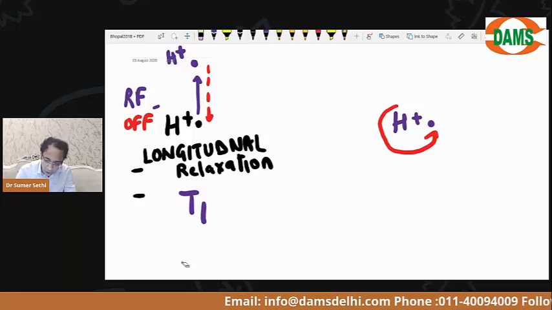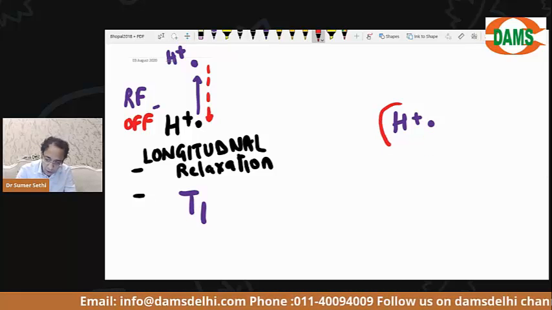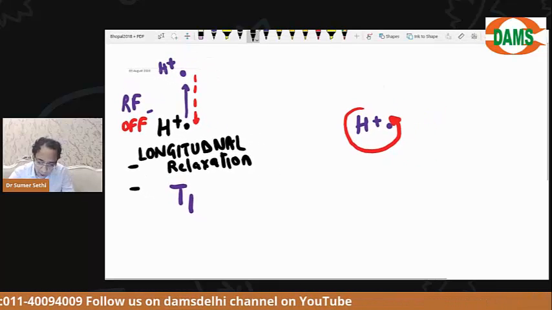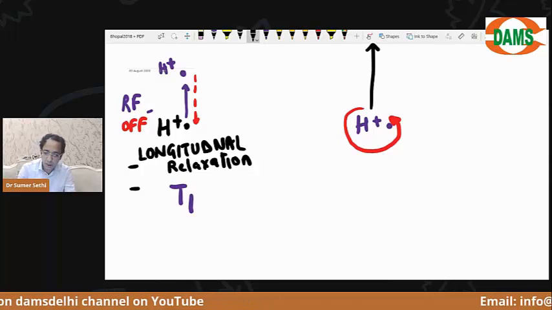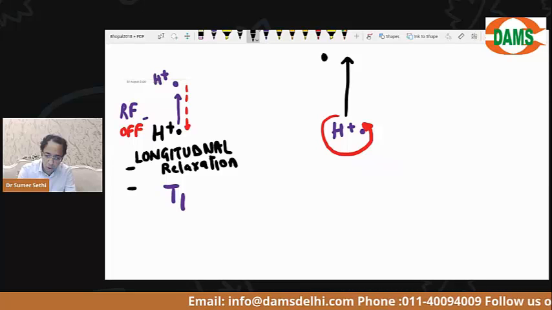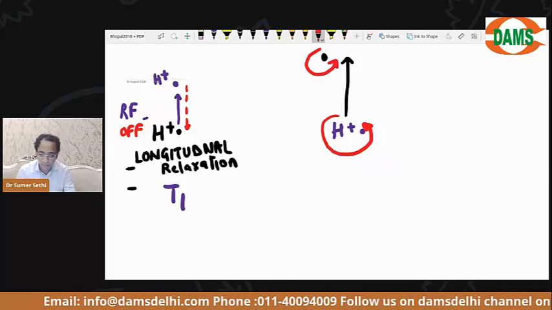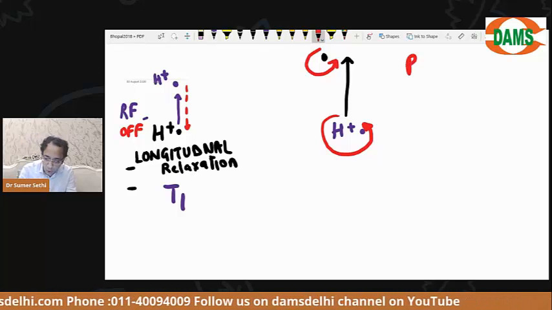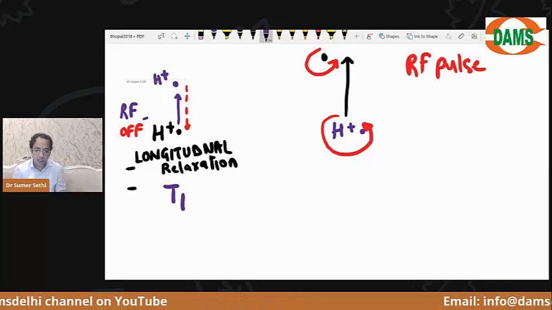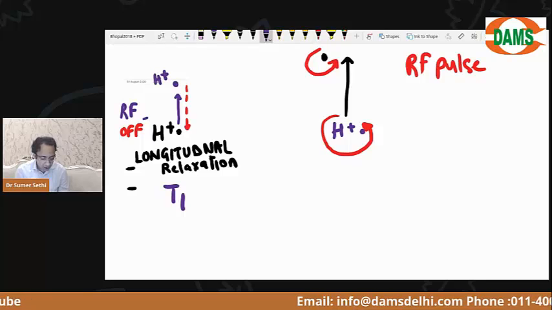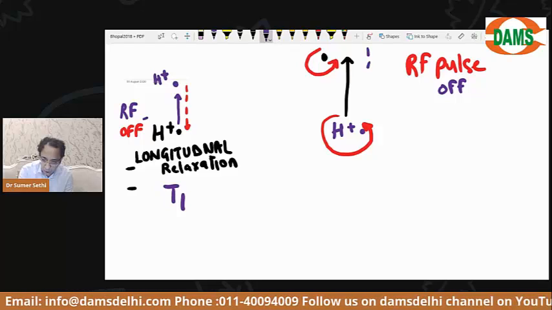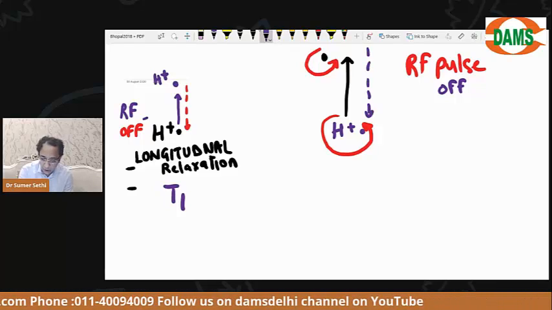So, whenever the hydrogen ions are in the baseline, they are also spinning along their axis. So if I apply a long duration RF pulse, not only will the hydrogen ions shift their position, they will also change their spinning axis. Now when you switch off the RF pulse, the hydrogen ions will recover the spinning axis. This is called